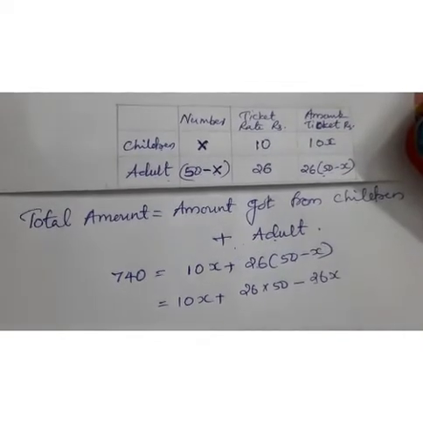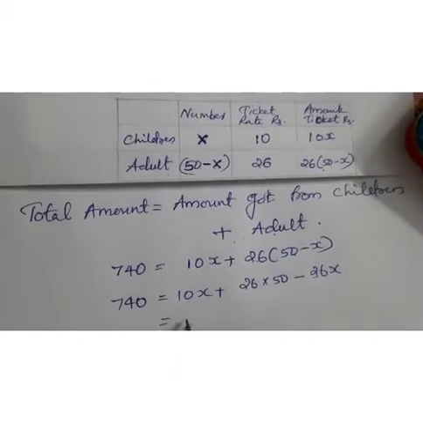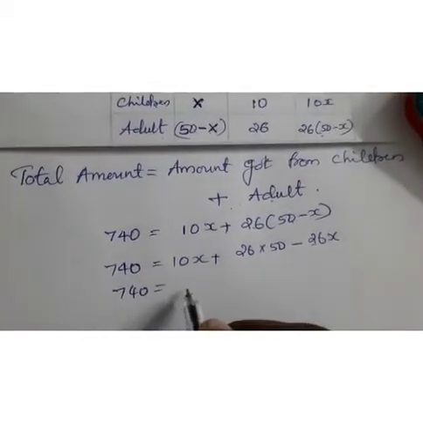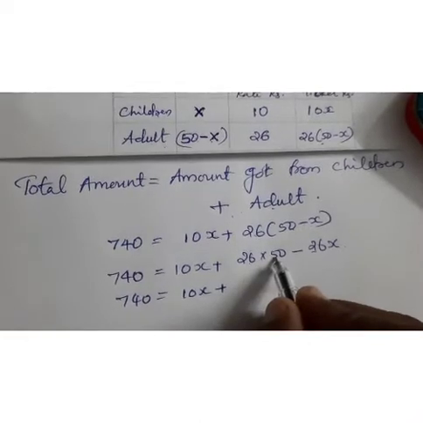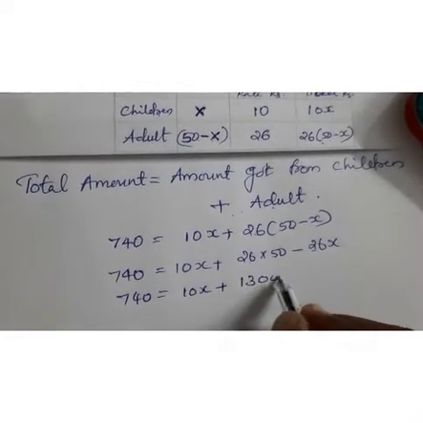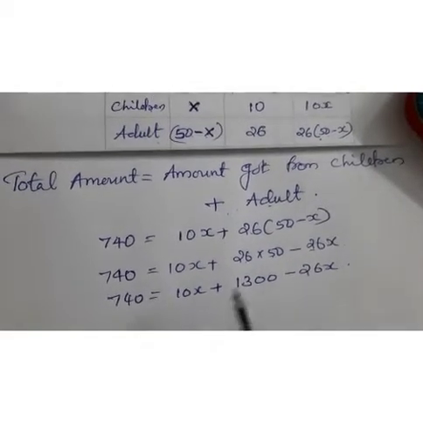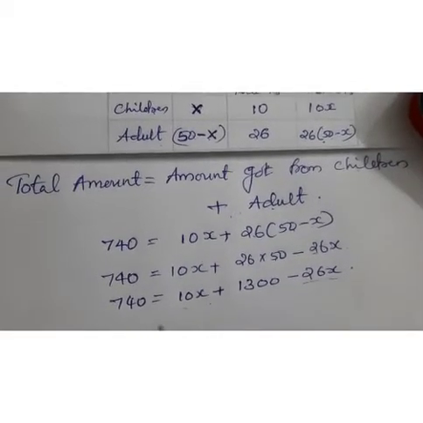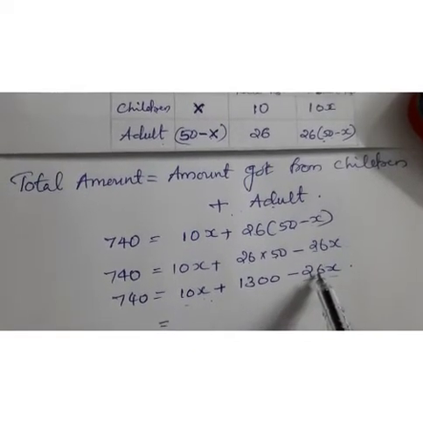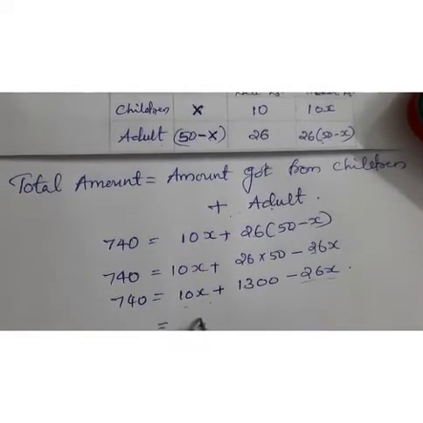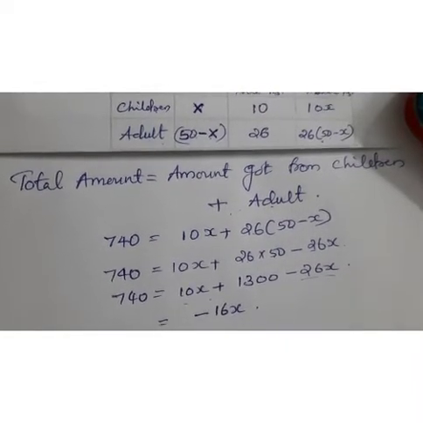So minus 26x is equal to 740. 740 is equal to 10x plus 26 into 50, it should be 1300, minus 26x. Then these two variables, 10x minus 26x, become minus 16x, because